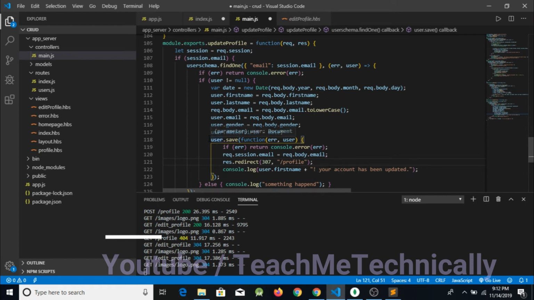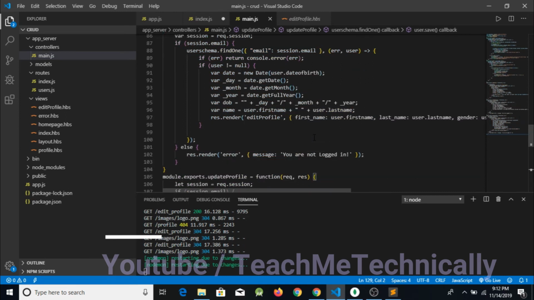So यहाँ पर हमने क्या किया कि जो अपडेट का फंक्शन हमने लिखा हुआ है जिसके अंदर ये जो सेव का फंक्शन है, इसके अंदर अपडेट करने के बाद अगर हमारी अपडेट हो जाती है तो यहाँ पर हमने जो सेशन मेंटेन किया था और सेशन की ईमेल थी उसको भी चेंज किया, क्योंकि हो सकता है कि यूज़र ने अपनी ईमेल अपडेट की हो। सो अगर उसने ईमेल को अपडेट किया है तो हमें जो सेशन के अंदर ईमेल रखी है उसको भी तो चेंज करना है ना। सो हमने उसको भी चेंज कर लिया, ठीक है। इन केस के अगर उसने ईमेल चेंज की होगी तो सही है, और अगर नहीं की होगी तो ये काम रिडंडेंट हो जाएगा।